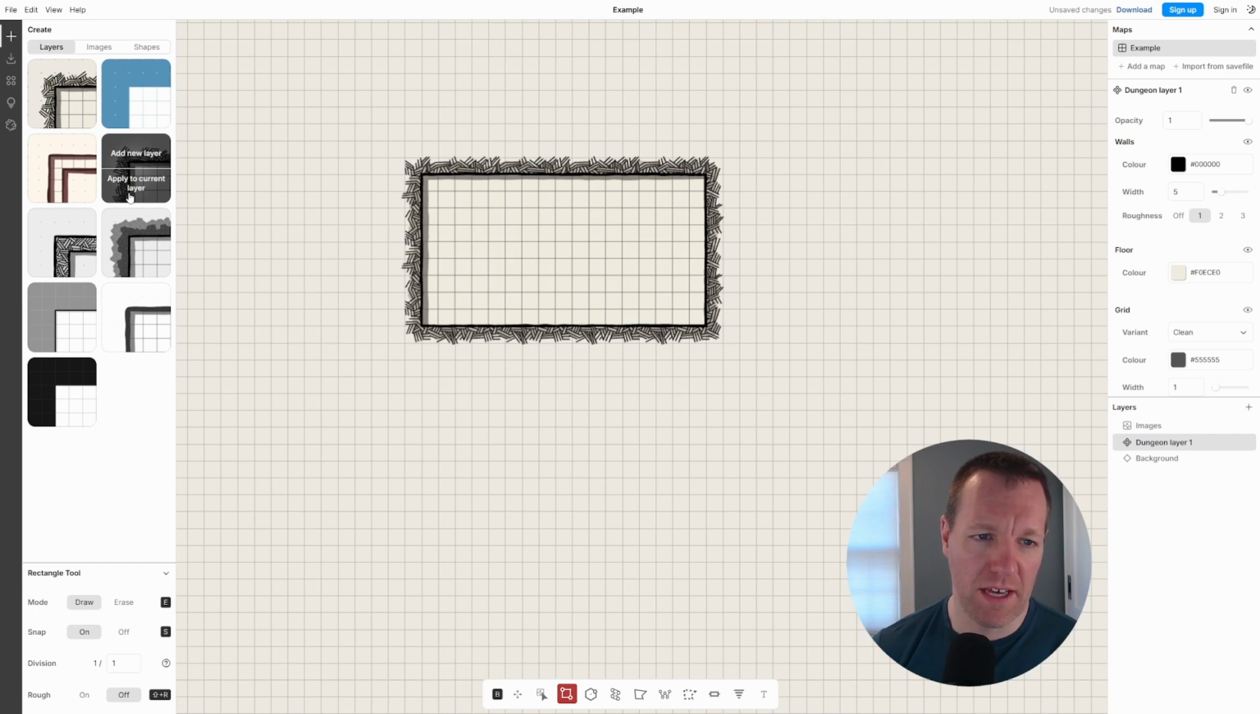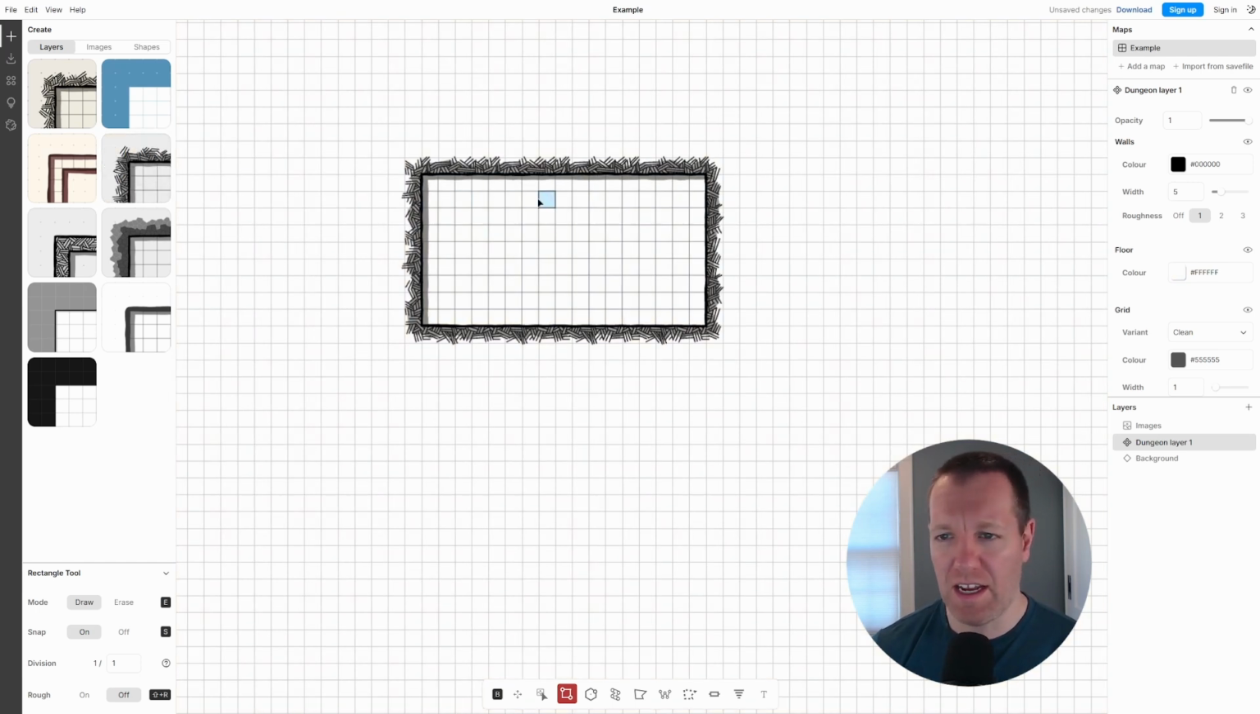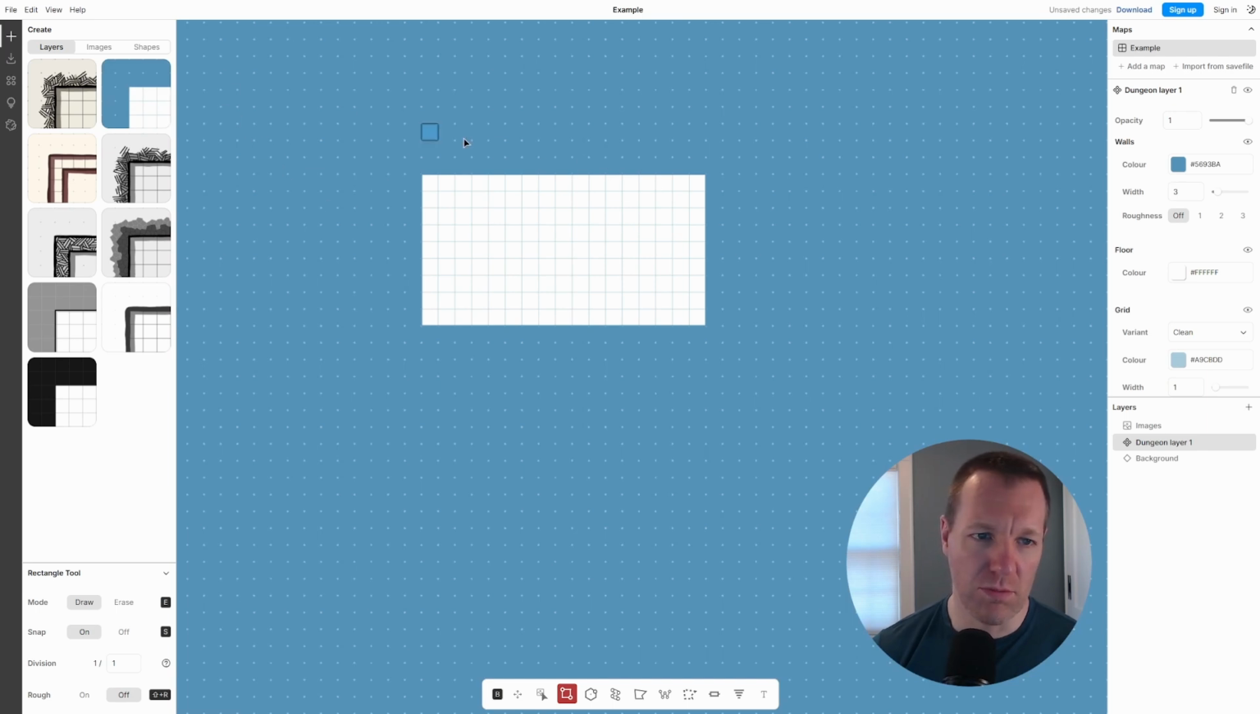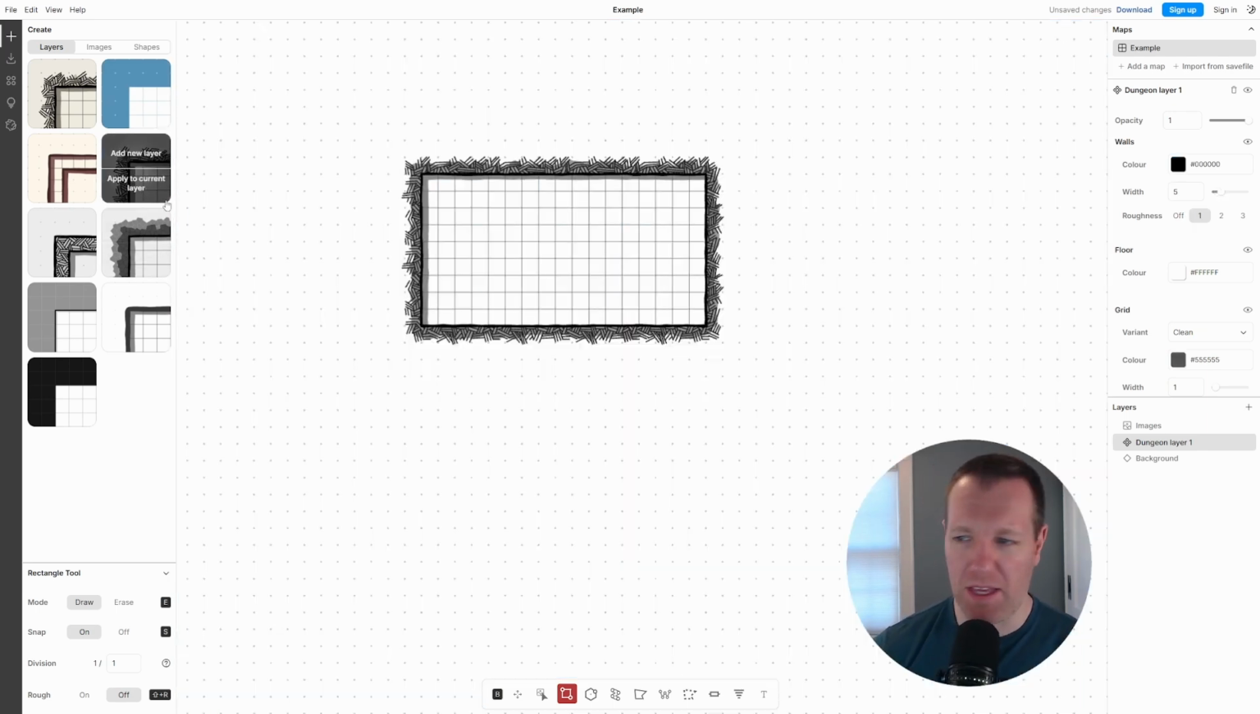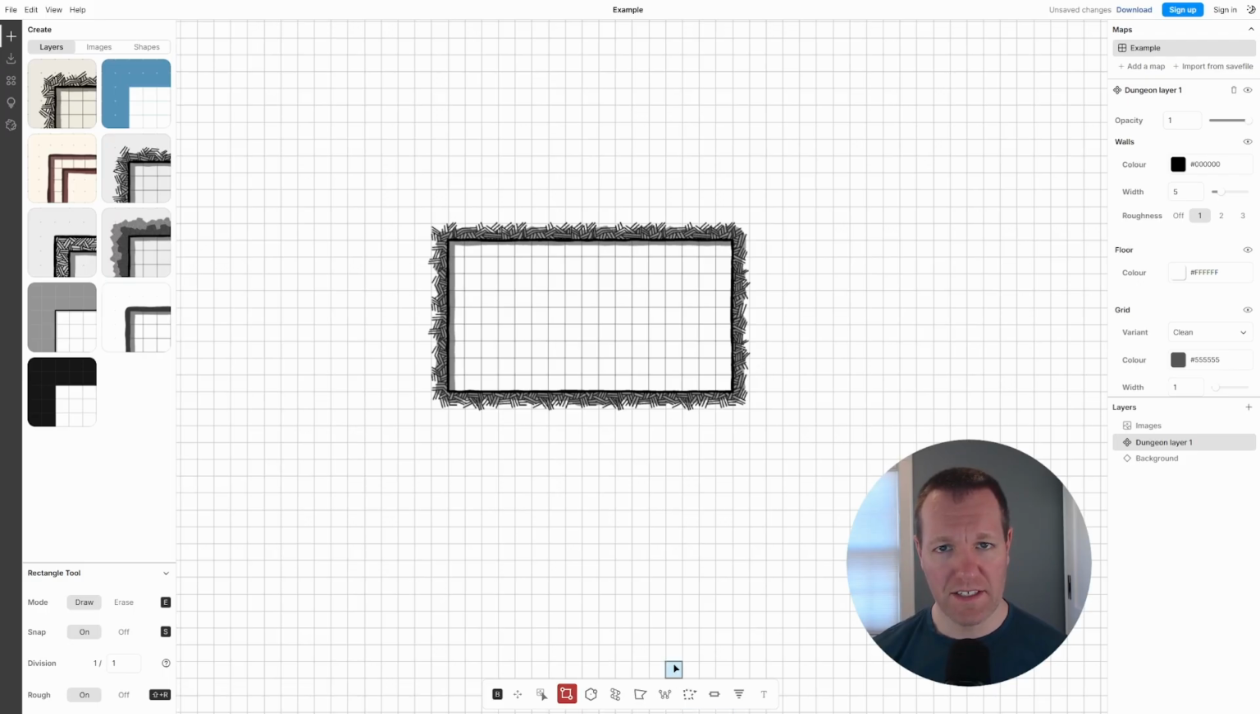So I'm just going to apply these to the current layer. I kind of like this black and white one, so I'm going to stick with that. You could use the old school blue and white TSR, play around with them and see what makes sense to you. Next, I'd like to direct your attention to the bottom center here where we have this toolbar,